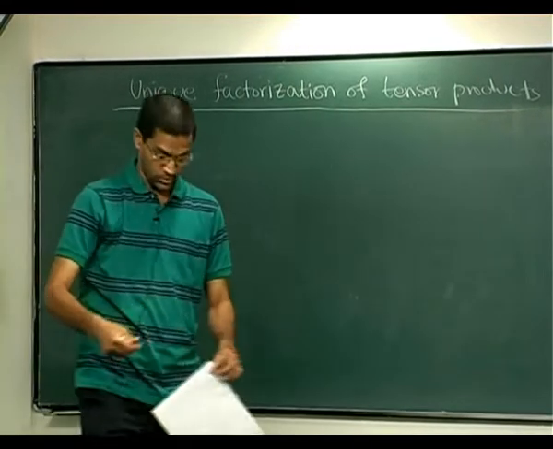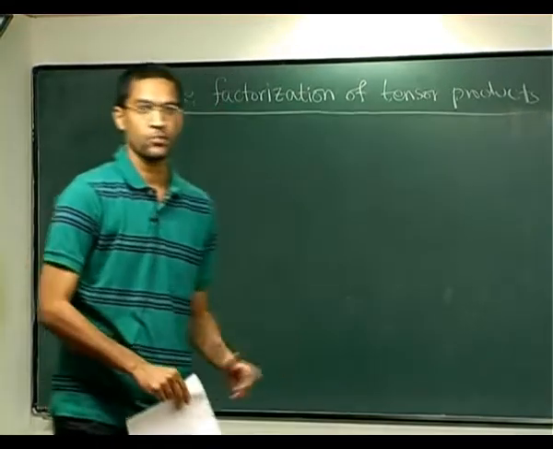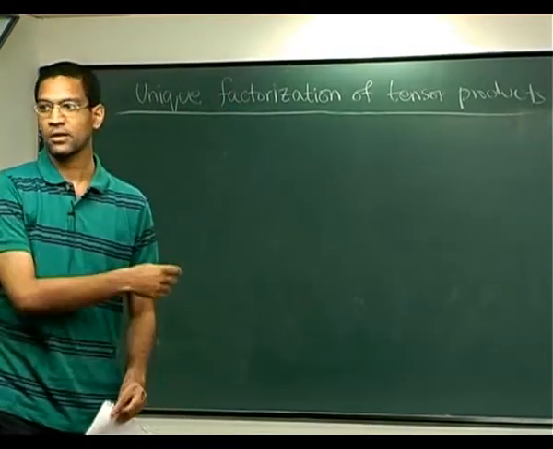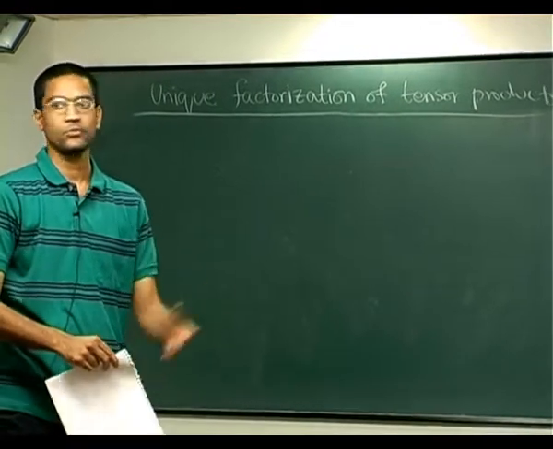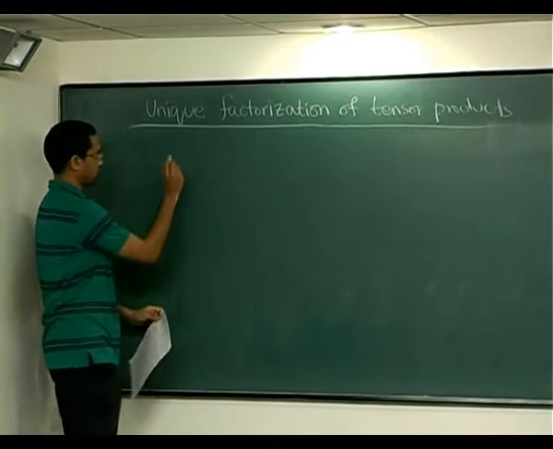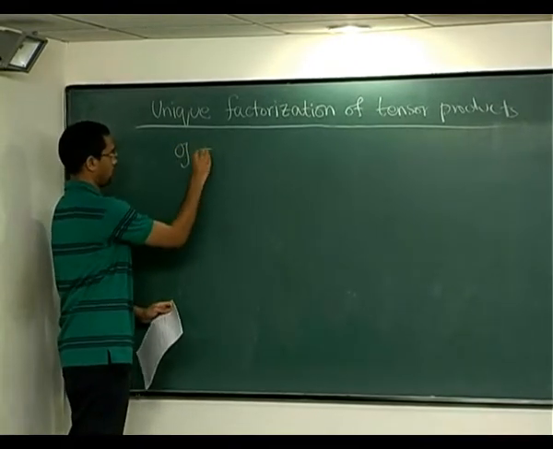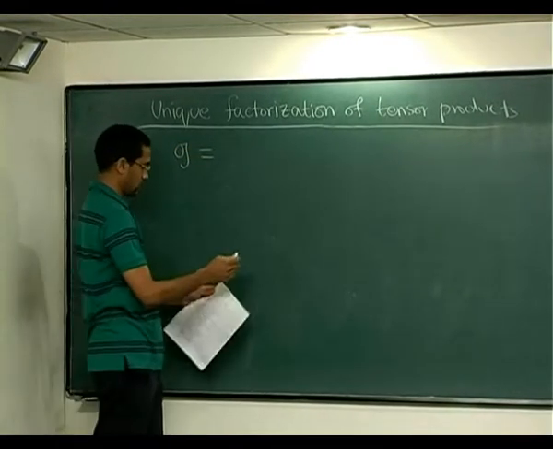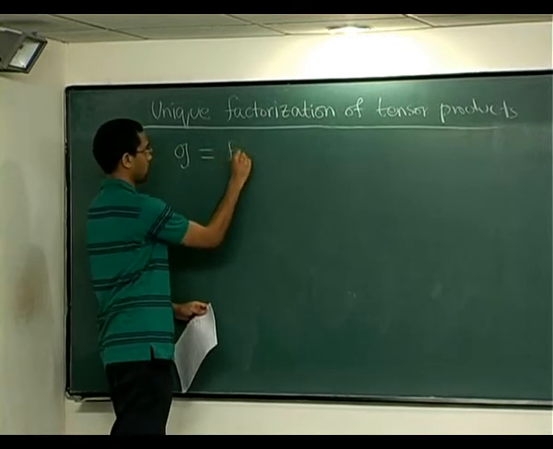Going to talk about the unique factorization of tensor products, which is joint work with Venkatesh, who's still not here, I guess. Okay, so the setup that we're going to start with is G, a finite dimensional